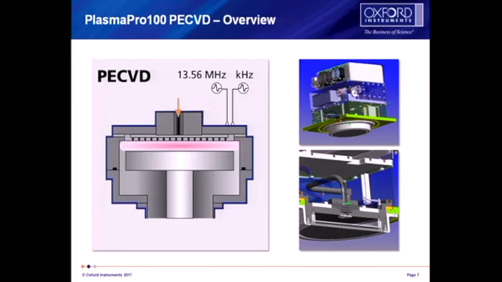Another important feature of films is the uniformity. In order to ensure that we have good uniformity, the heated bottom electrode has very, very good temperature uniformity. If you have an electrode with lots of fluctuations across temperature, you end up with different growth rates, because the rate of growth is dependent on temperature. So in order to achieve good across-wafer uniformity and also wafer-to-wafer uniformity, it's really crucial that your bottom electrode is